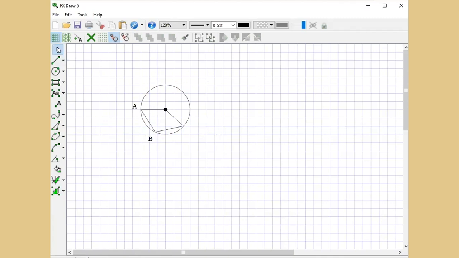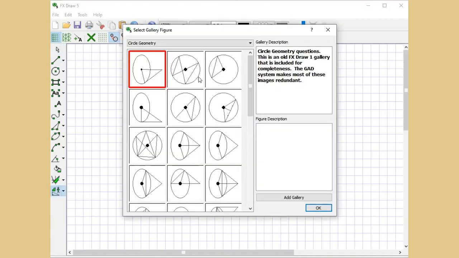Now suppose I want to delete it, I will select it as a whole. So this total figure as one grouping is done, it is selected, and then I will cut it. So it gets deleted. So let us see other gallery features. Our main focus today should be on the gallery features which are there. So circle geometry is there.